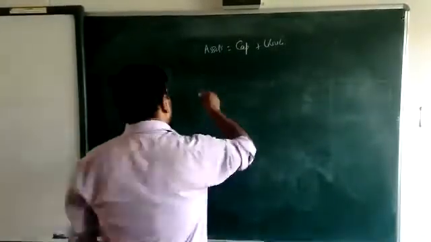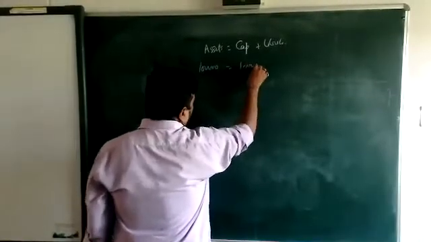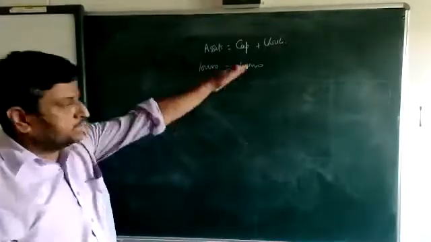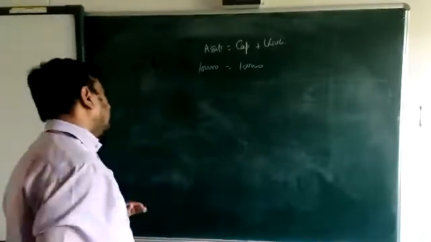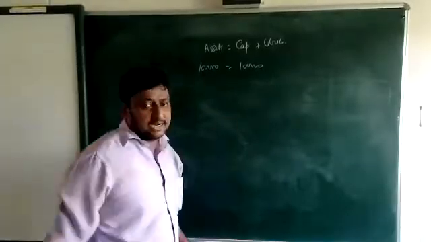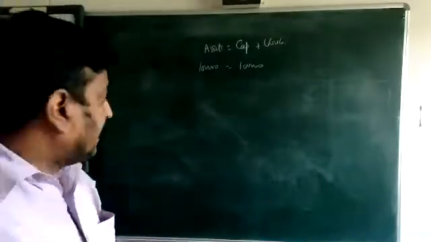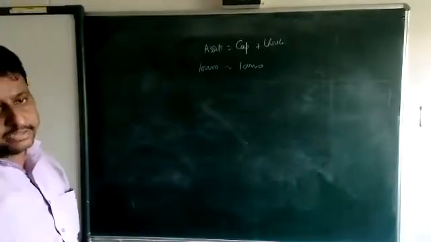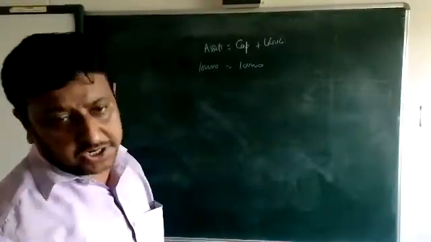As like that, if this side is 1 lakh and that side 1 lakh, and you add 10,000 on this side and the same 10,000 on that side, then both sides will be equal. Same way, 10,000 less from this side or 10,000 less from that side also, then both sides are equal. Or 10,000 added and 10,000 added on the same side, then both sides are equal. It is the fundamental of the equation.